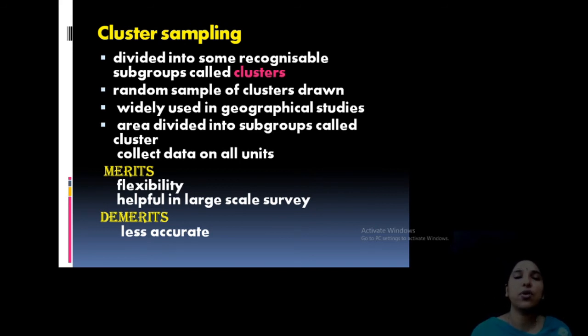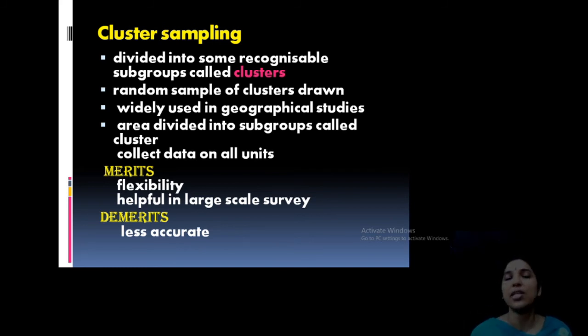For example, a study of mangroves in the North Malabar area. What will you do? In the North Malabar area, there are a lot of places: Calicut, Kannur, Kasaragod, etc. So, this is a vast geographical area. How can you handle it? You can divide them into subgroups. Clear? So, for example, Calicut one group, Kannur one group, then Kasaragod one group, likewise. Then collect data from all units. That is cluster sampling. Okay?